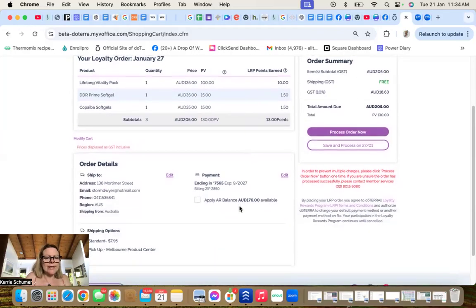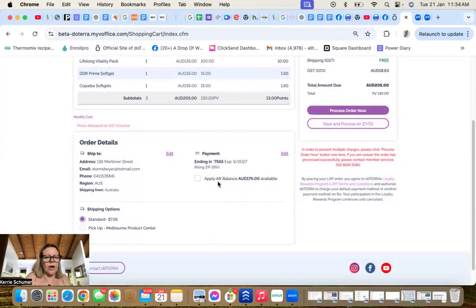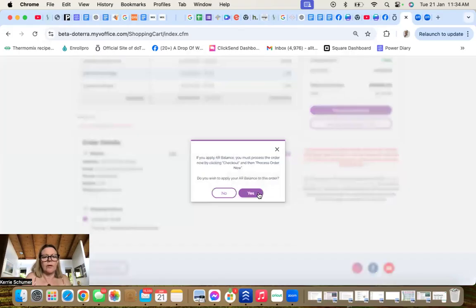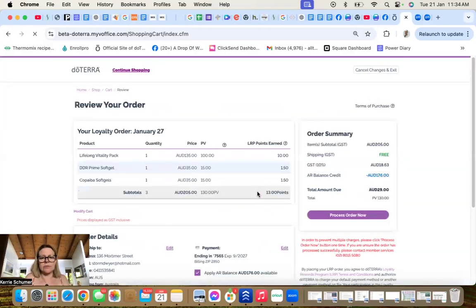Now you come down here, you're going to be using your AR balance, so your accounts receivable balance. So we click on that. And they're just letting you know by this message that you must process now if you're using that AR balance. So yes, we will. All that's owing to you is 29 Australian dollars. So hopefully I'm okay to process that. If not, let me know and